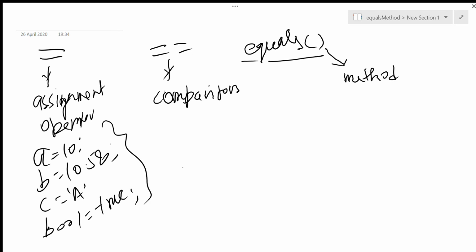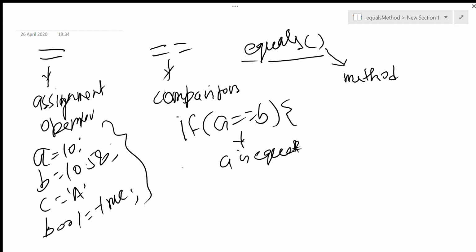So how do we do it? We use if. If a double equals b, which means if a is equal to b, then we have to do something, right?